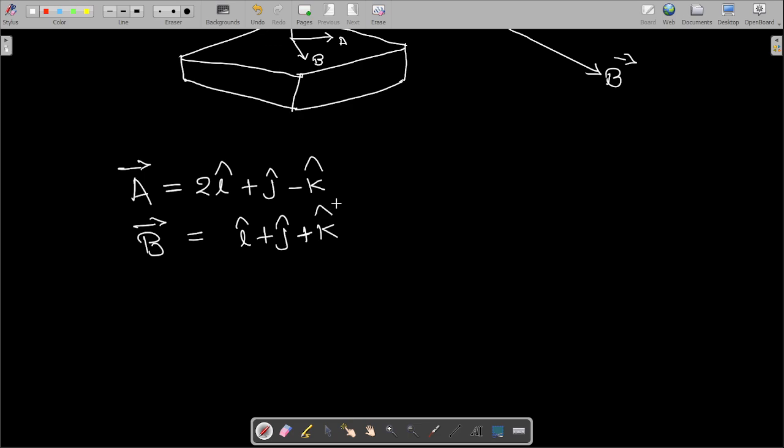Then how will we find the cross product? See, vector a cross vector b will be equal to